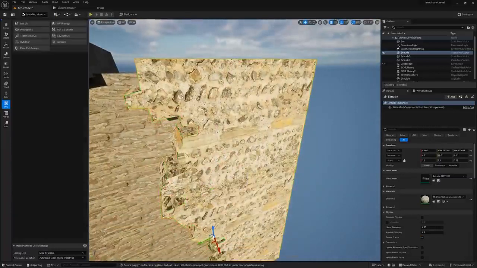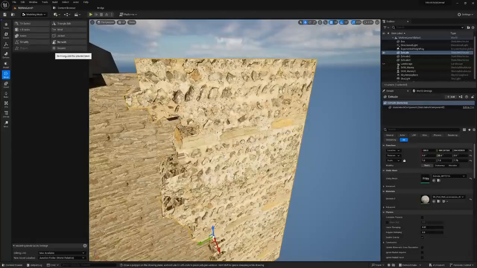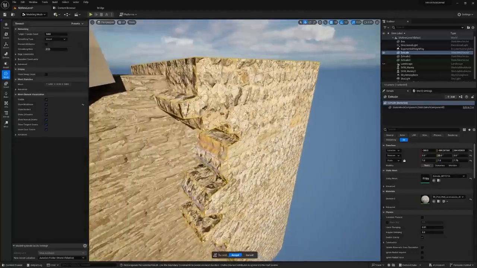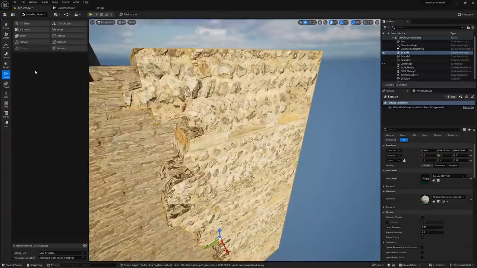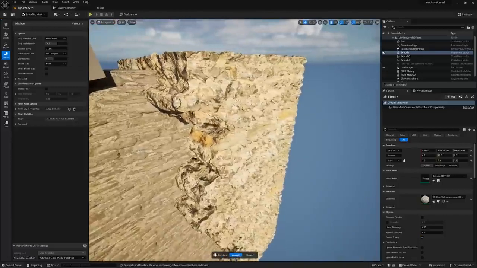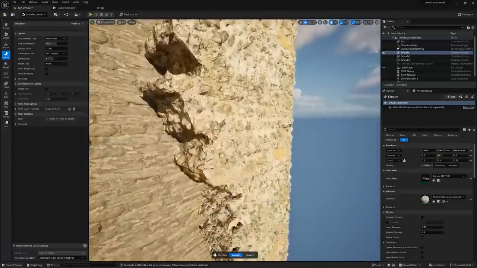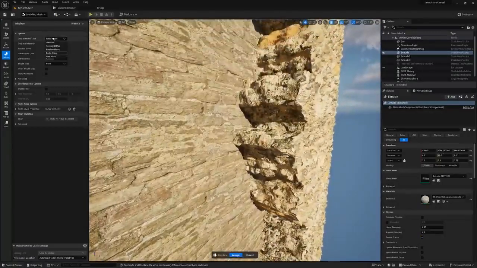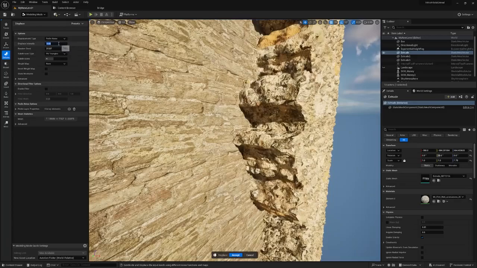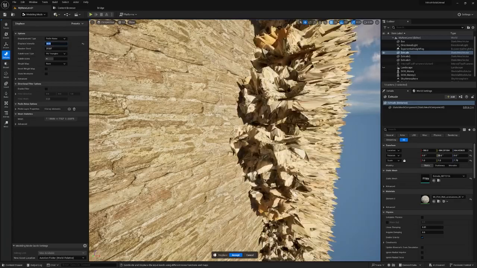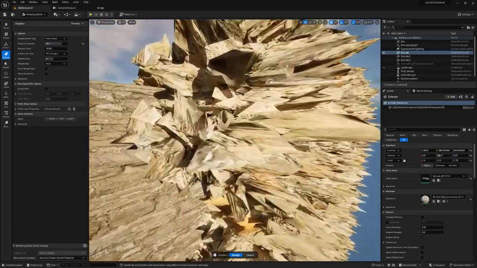I'm gonna click accept. I'm gonna do the same that I did with my mesh. I can just go to remesh to add some polygons. There you go. And now I'm going to the deform tool. I'm gonna go for displays. Now displays by default is gonna use the Perlin noise. I can either use the Perlin noise or I can use a texture map. So just take a look what the noise does. Intensity, I will put something like 50, and you will see what it's doing. It's basically a